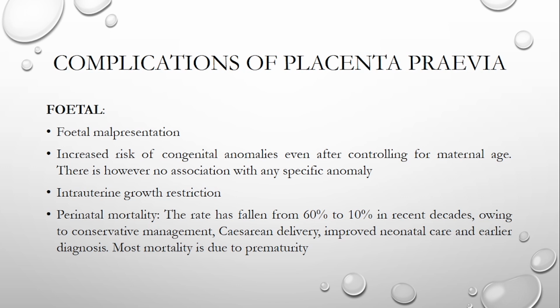Then there could be intrauterine growth restriction. Growth retardation of the fetus can be present. And there is a high perinatal mortality following placenta previa. The rate of perinatal mortality can be as high as 60%, and this may follow due to the various methods applied. But the rate is falling now. The rate of perinatal mortality in placenta previa is actually going down now,